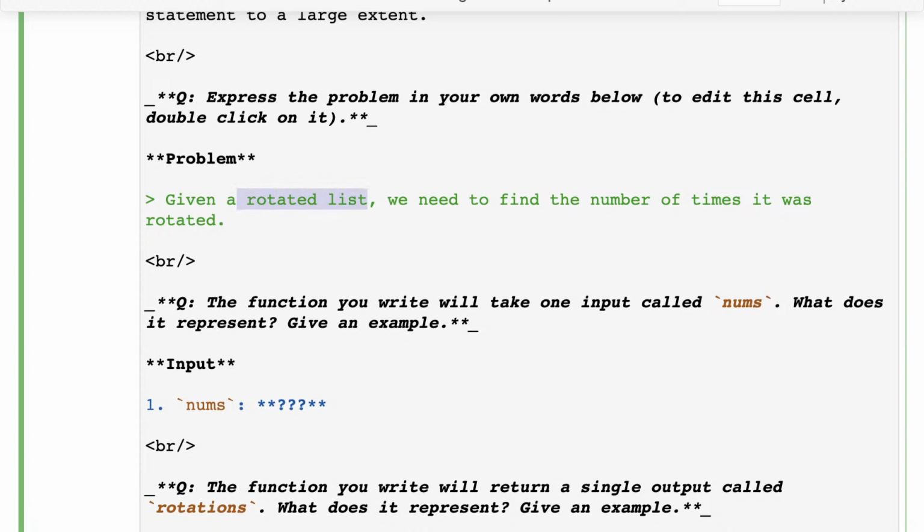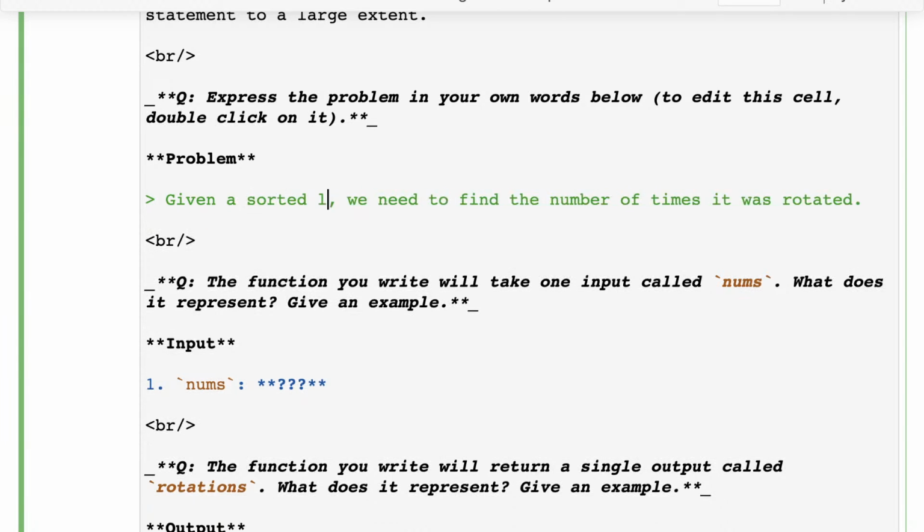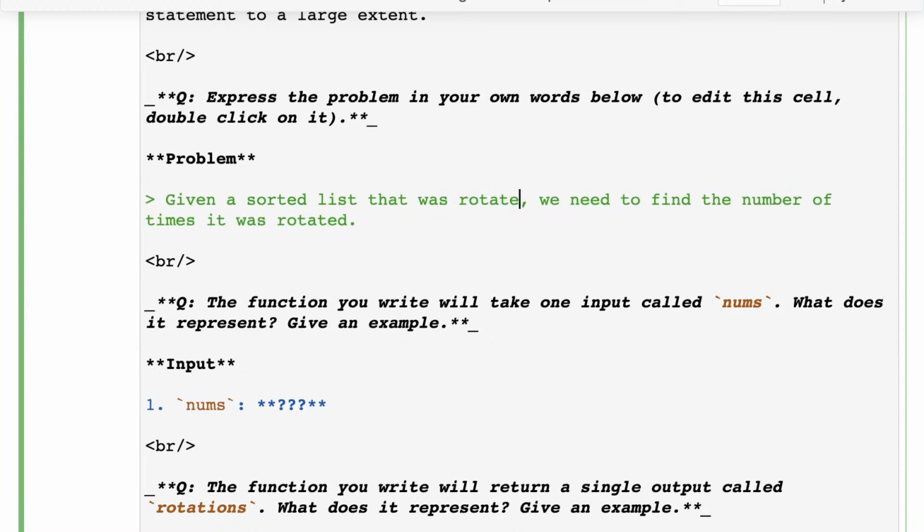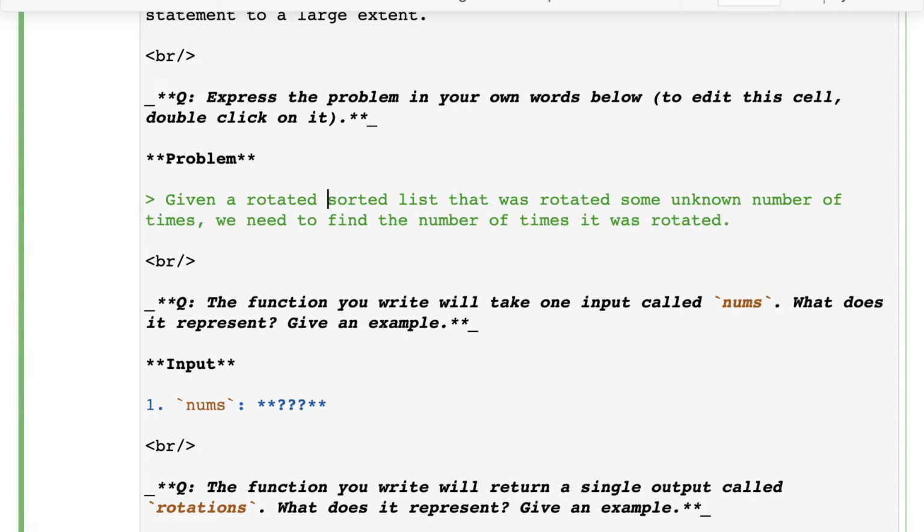So given a sorted list that was rotated some unknown number of times, we need to find the number of times it was rotated, right? Maybe I'm just going to say given a rotated sorted list, because technically the input is not a sorted list, it's a rotated sorted list. So given a rotated sorted list that was rotated an unknown number of times, we need to find the number of times it was rotated.